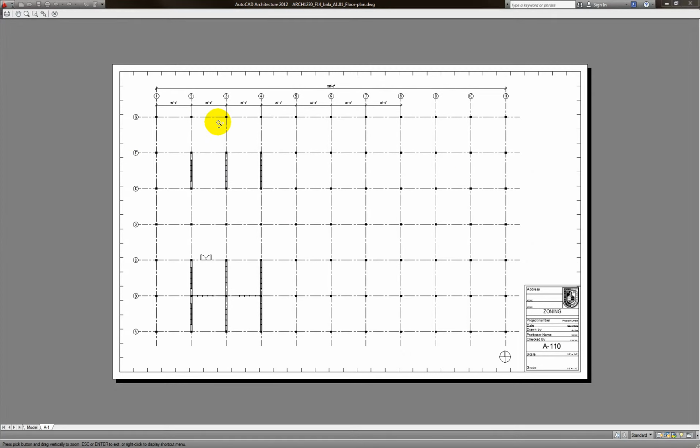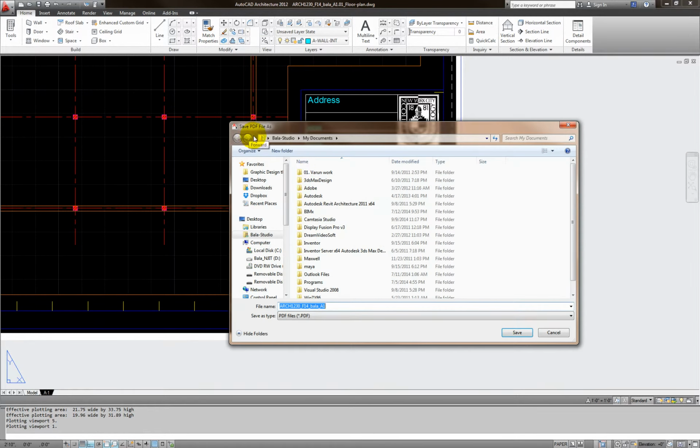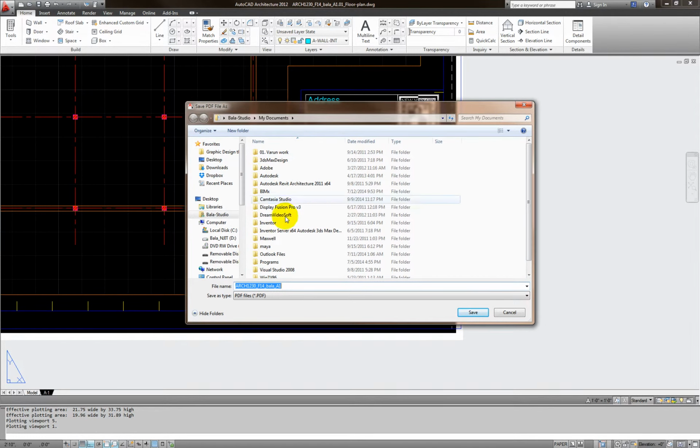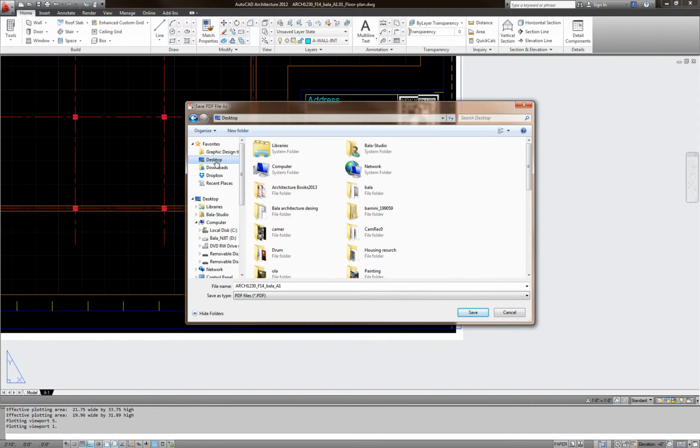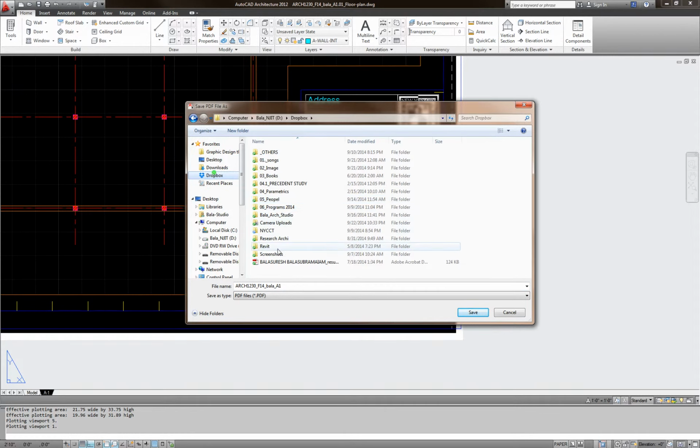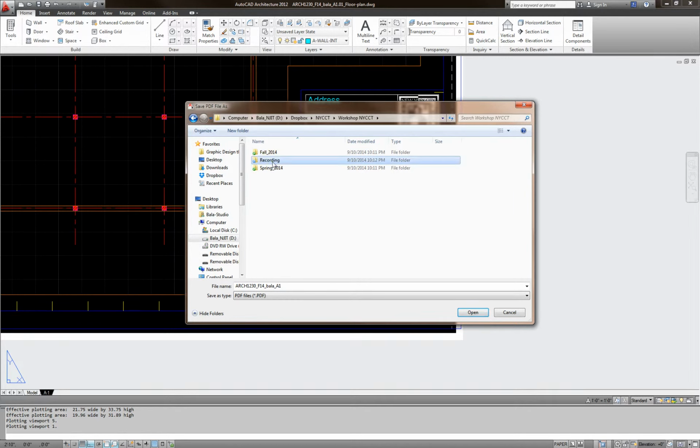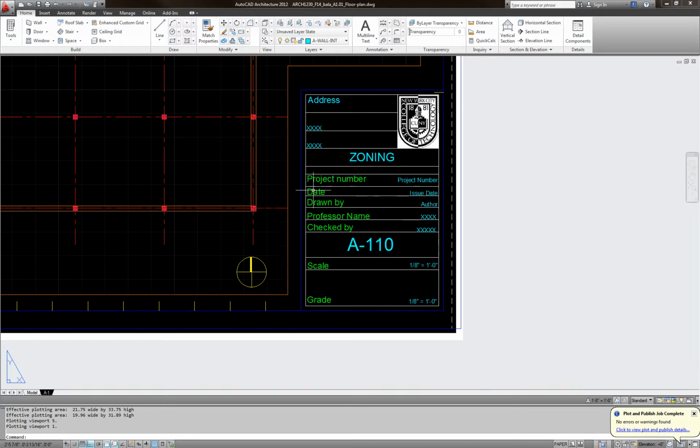Okay guys, now plot. Now when I right click on plot, it asks me to save it somewhere, so I'm going to save this into my project folder. So always naming the file is very important guys. Okay, this is my assignment 1, A1, A-1. I try to put today's date. I'm going to save it. So once I save this,